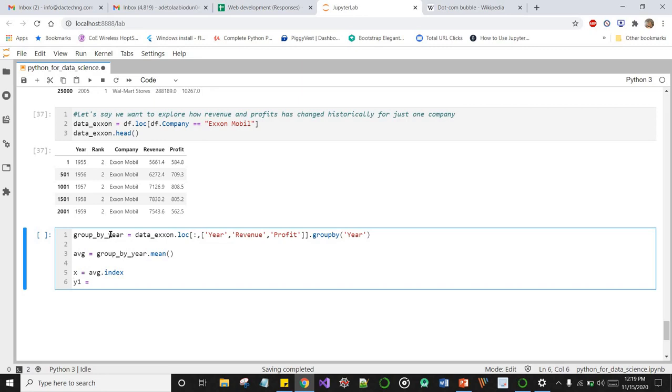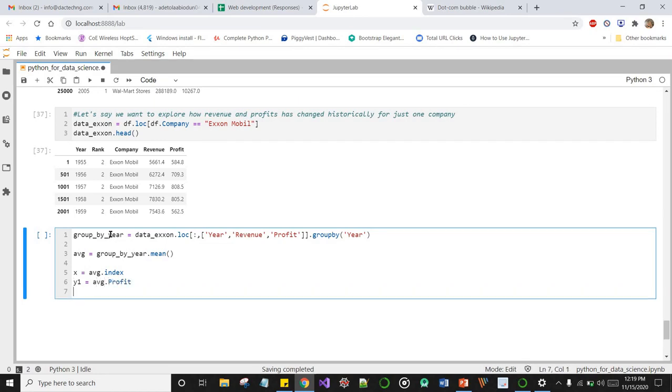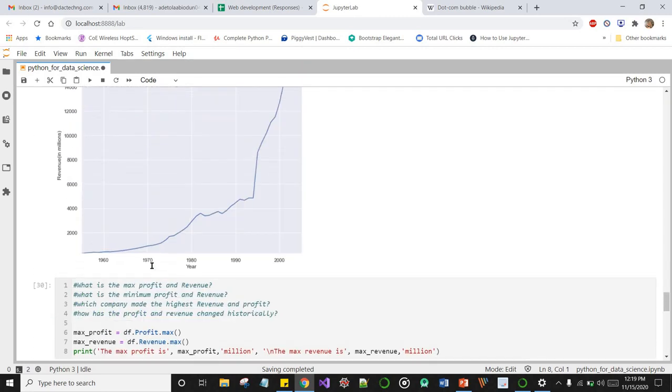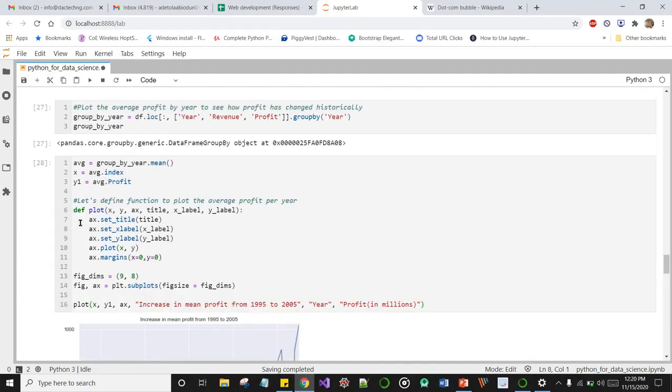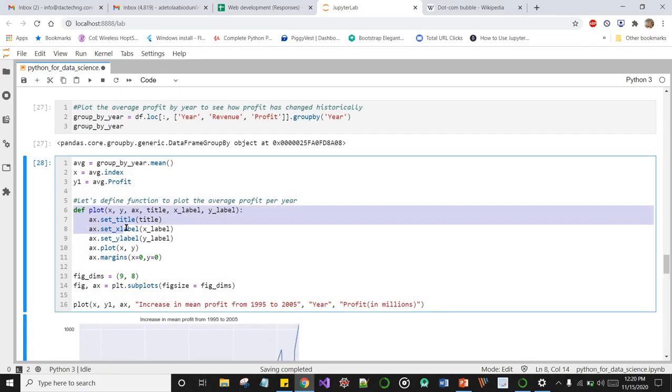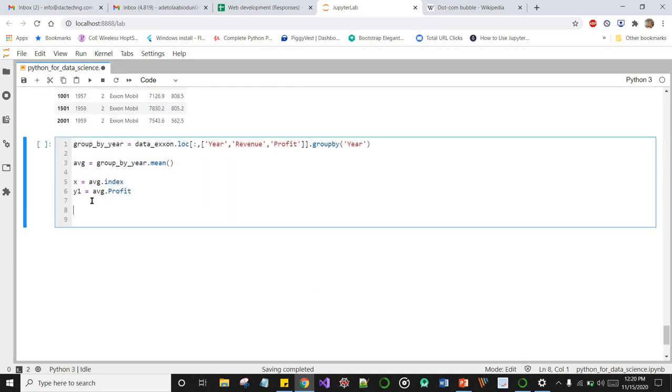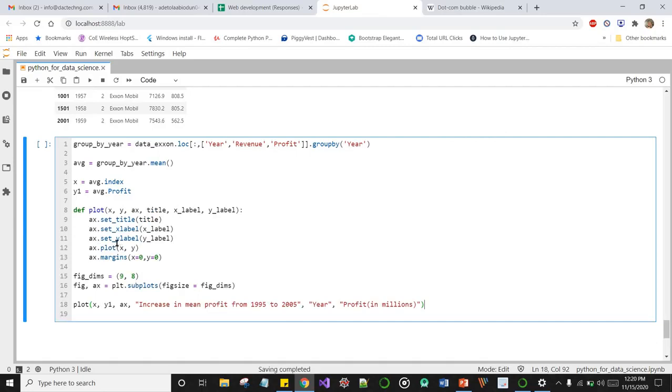So this shouldn't be too strange at the moment. Average profit. We could quickly write a function to plot the average profit by year. It's not advisable to copy and paste your code, but to save time, I'm just going to copy this same function, Control C, bring it down here and paste.